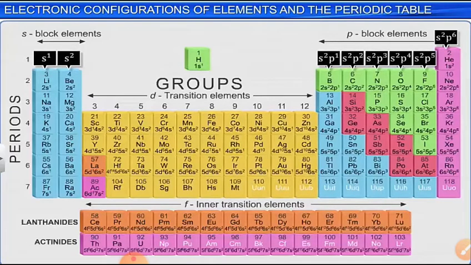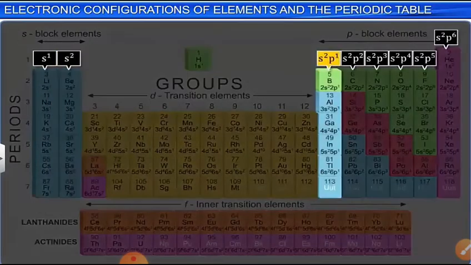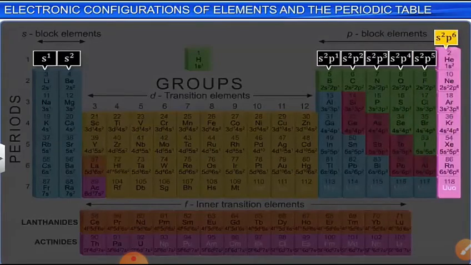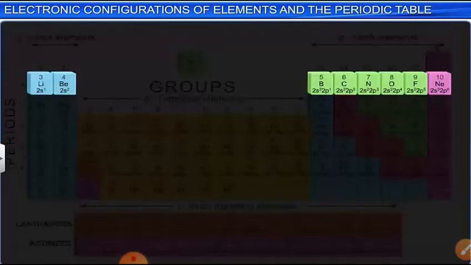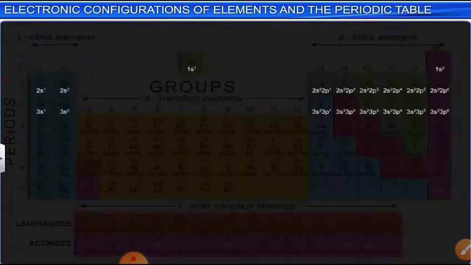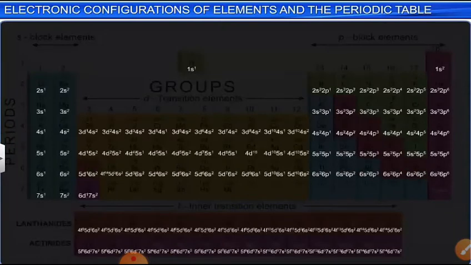Now when you talk from left to right, the shell number remains the same. Electrons are added in the same shell, though you can also talk about different subshells. Each shell has subshells. So physical and chemical properties repeat after some interval because of the similarity in electronic configuration. Now for the second period, the principal shell is 2, so the electrons will be added only in the second shell. When the principal shell is 3, the electrons will be added in the third shell.